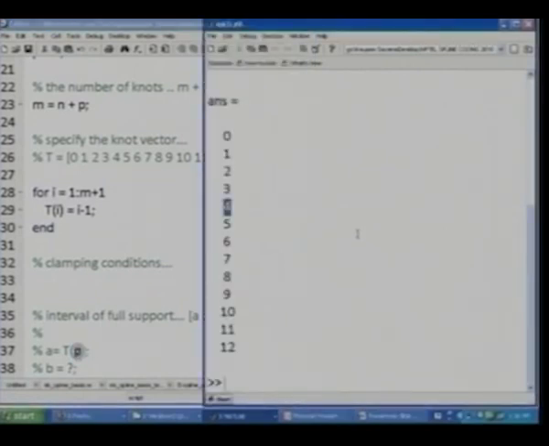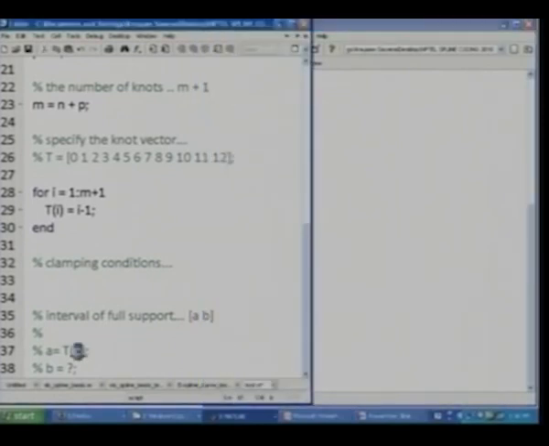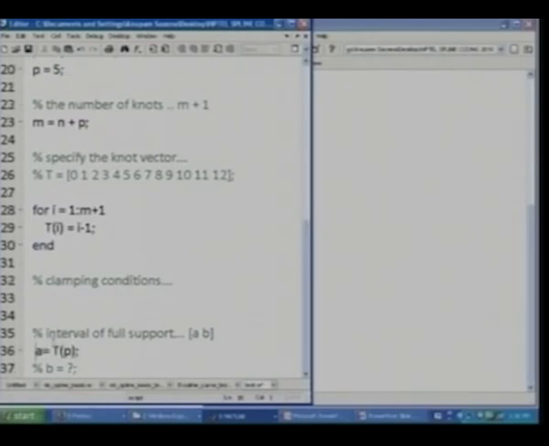But since in MATLAB the index is starting from 1, even though the value is 0, this index here will correspond to P. Let me uncomment the statement. How about the rightmost